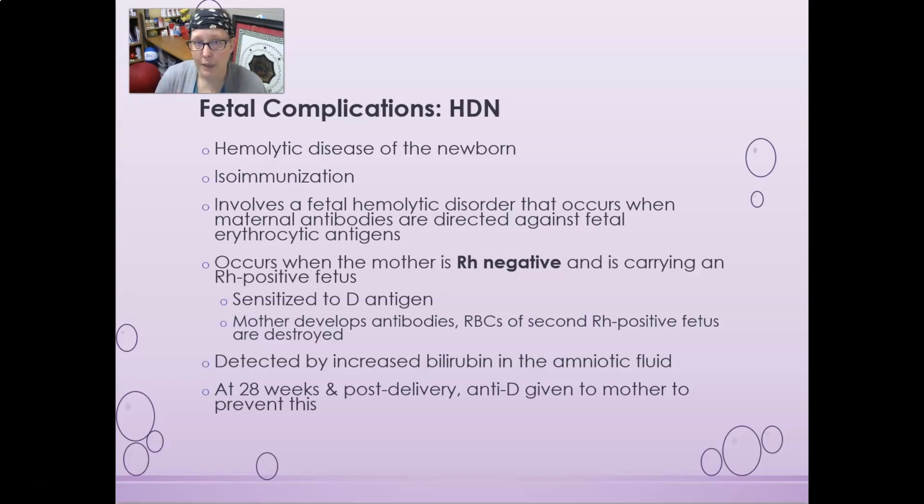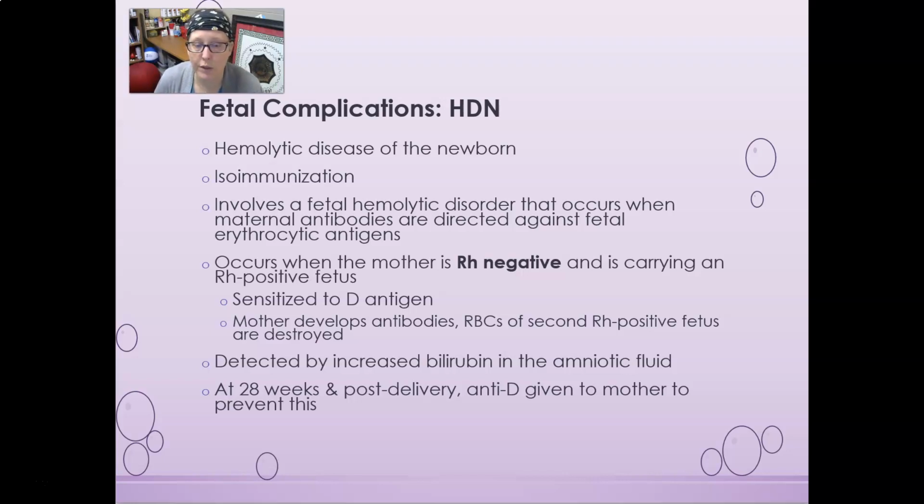So in her second pregnancy, though, her titers of those antibodies are up, and they can cross the placenta and attack the second baby, and this is where you can have fetal demise, and the pregnancy is not being carried to term, or the babies are born in distress. And so this is detected by an increased bilirubin in the amniotic fluid of the second pregnancy.